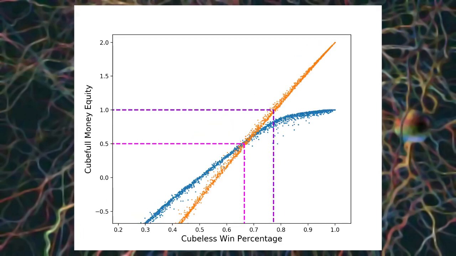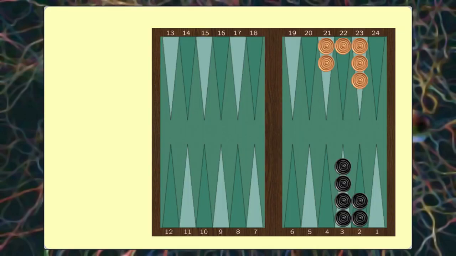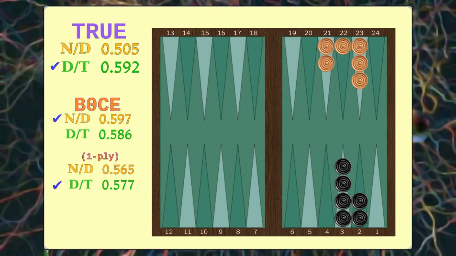So here, speed kicks in. In this position, black wins 69.1% of the time. So it sits right at the edge of the no double range, yet it's a huge double take. Luckily, by using one-ply evaluation, that is, by looking at all positions after black rolls the dice and makes a move,